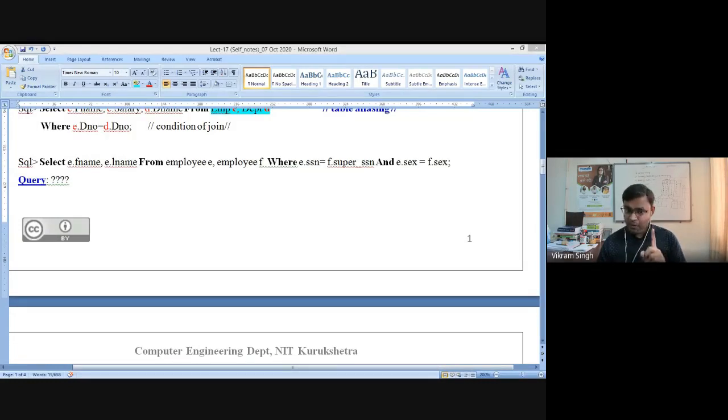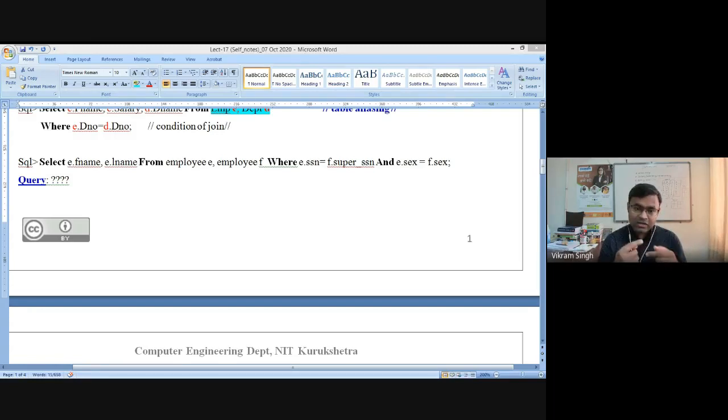Now it is very important to see, in the select clause, we have named e dot first name and e dot last name. In this query, we have created 2 instances of employee. One is e, another is f, right?